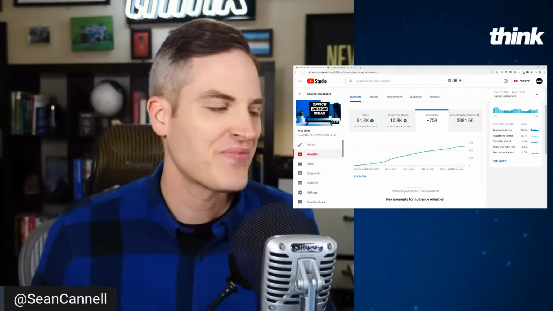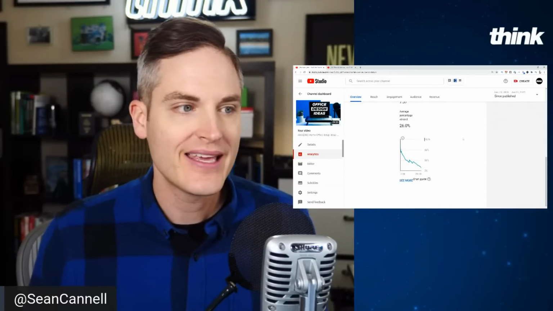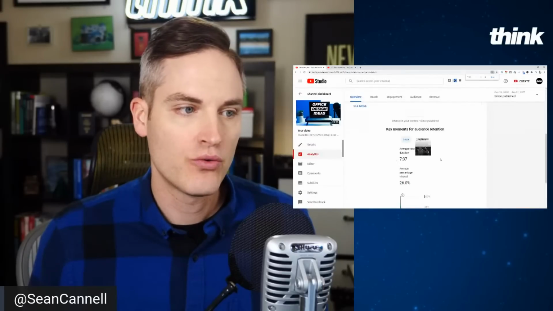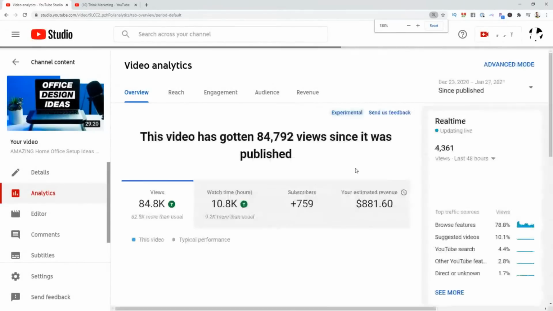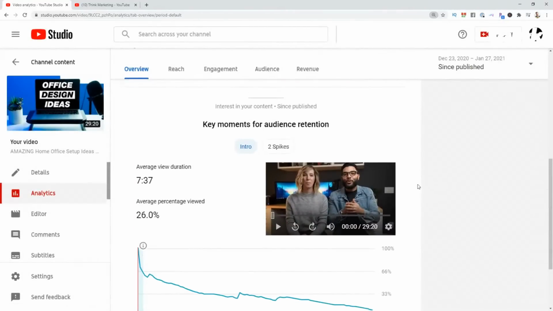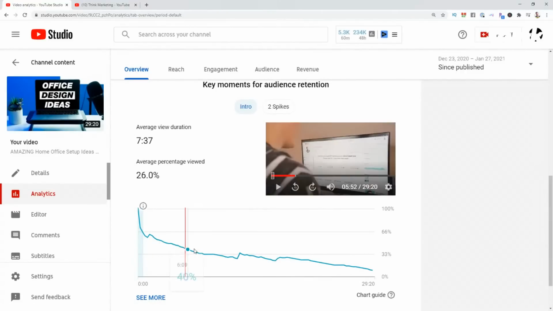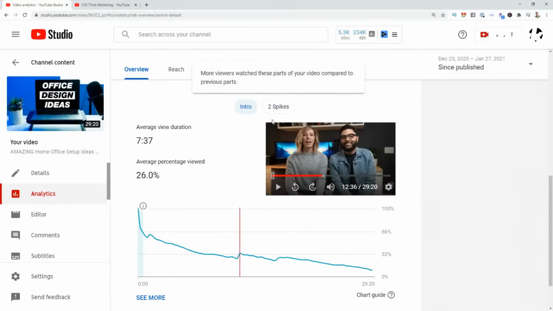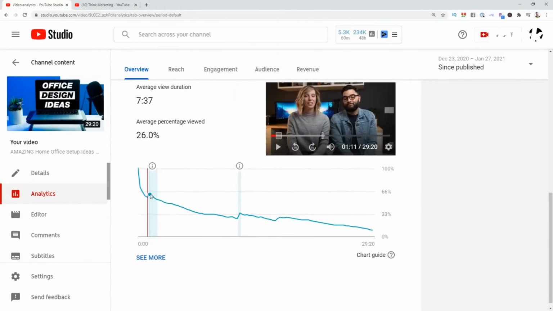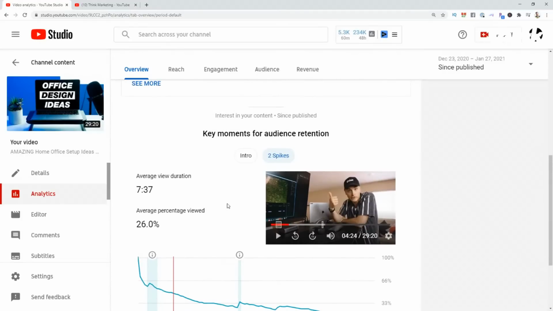Number three is key moments for audience retention. What are the key moments for audience retention? Let me refresh this. I'll go full screen so you can see it. Now, this is a very powerful graph that actually shows where the content is maybe losing attention. If it's holding attention, it shows you spikes. Notice this, it says 2 spikes. So these 2 spikes right here are probably people scrolling through, because this video ultimately is a compilation of